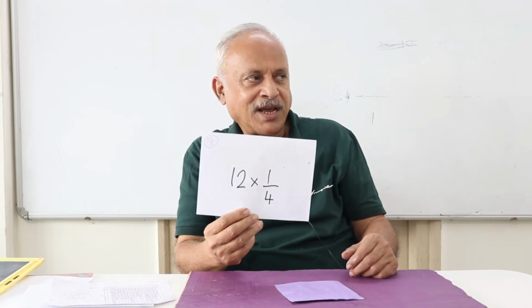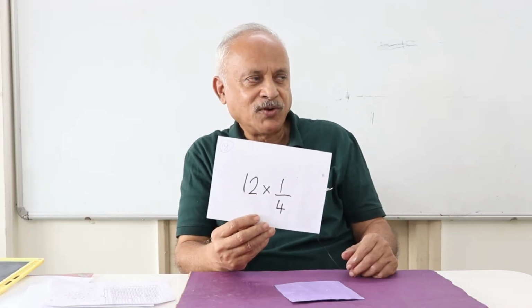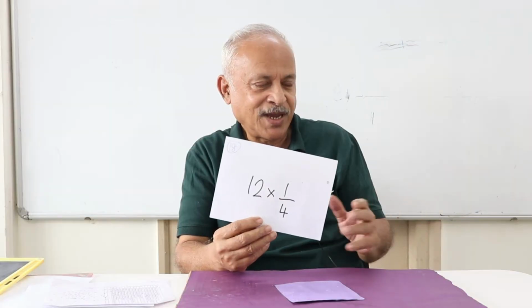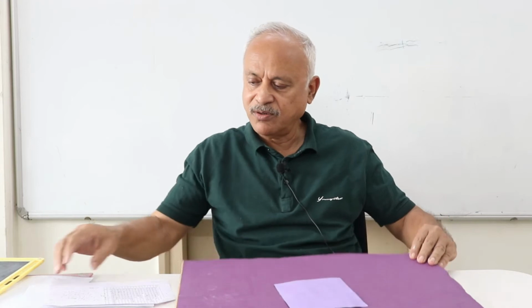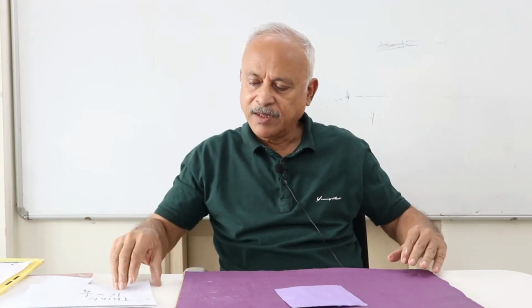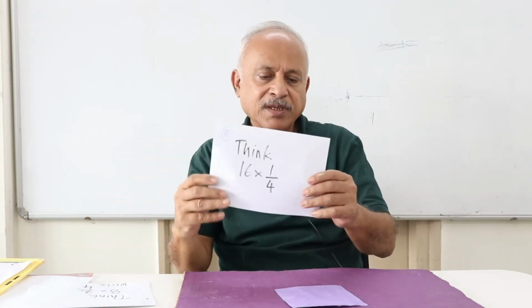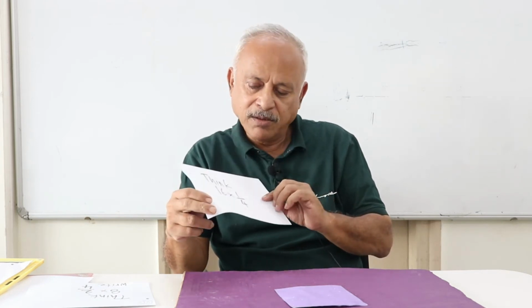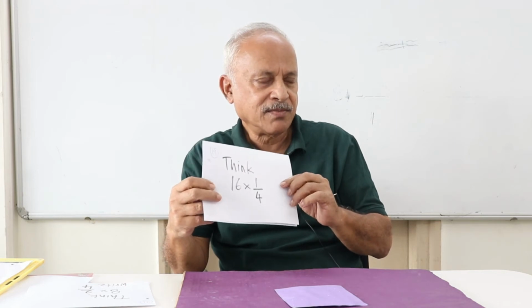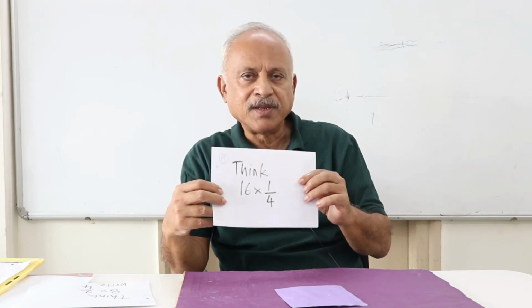So, shall I ask you a question orally? What is 16 pieces of 1 by 4? 4. What is 20 pieces of 1 by 4? 5. Right? Alright. So now, this is the problem that we have done, 16 pieces of 1 by 4. Shall we write this? 16 into 1 by 4 is equal to